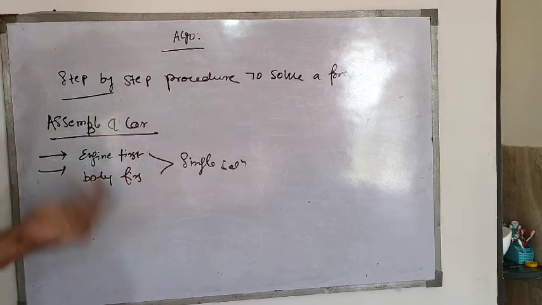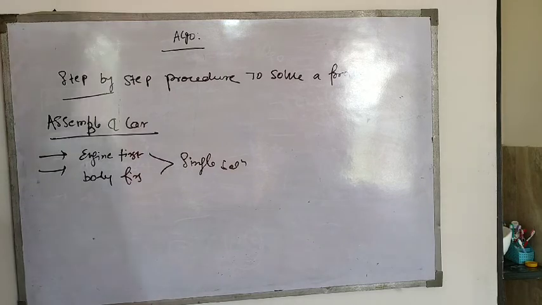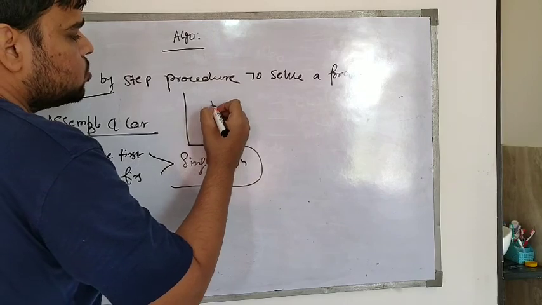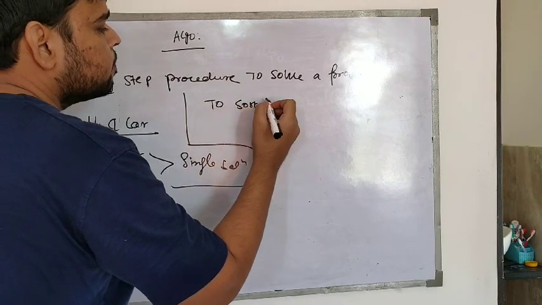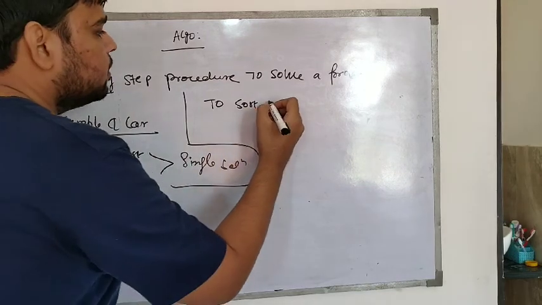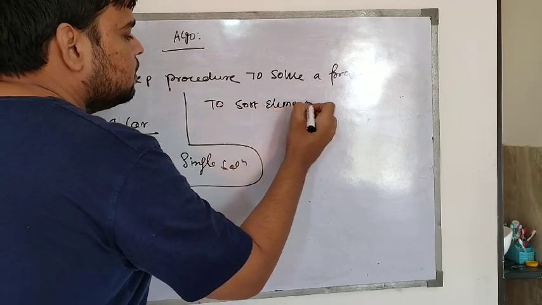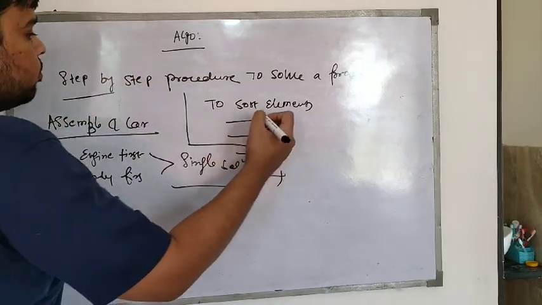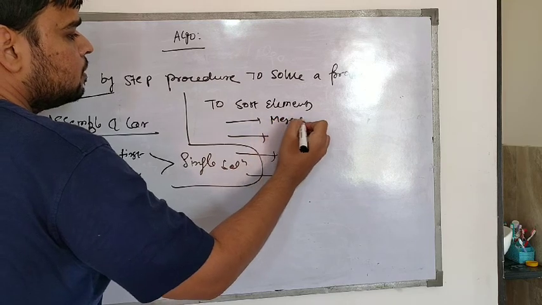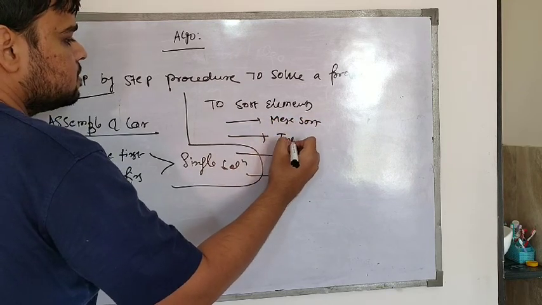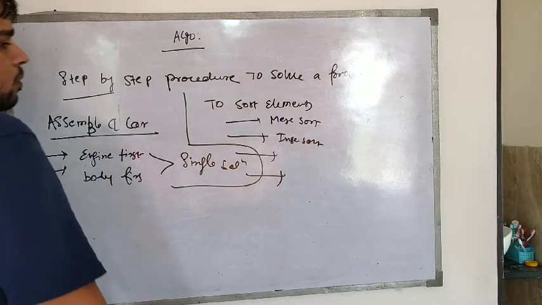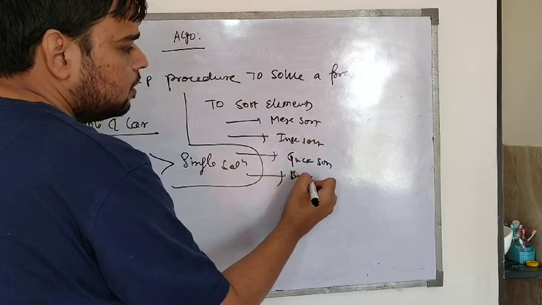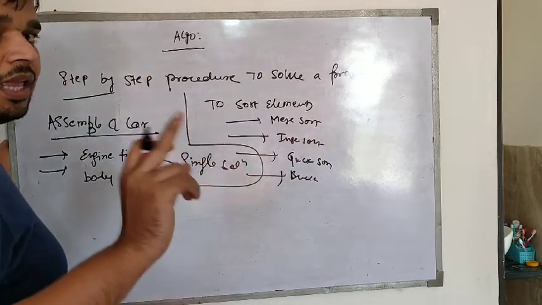So in most of our algorithms, when you start reading algorithm textbooks, you find problems like to sort the elements. You find the problem to sort n elements, and we have different kinds of approaches to solve it. You can go with merge sort, you can go with insertion sort, you can go with quick sort, bucket sort. So the objective is to sort the n elements